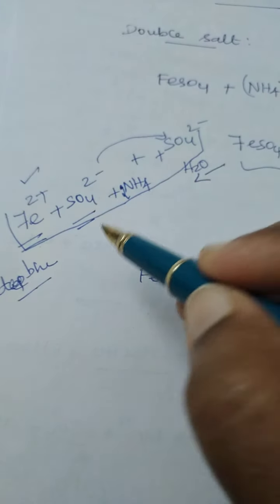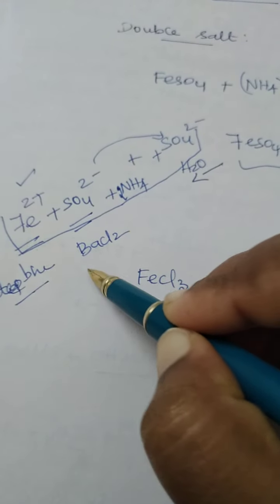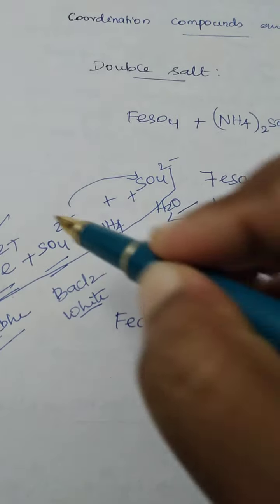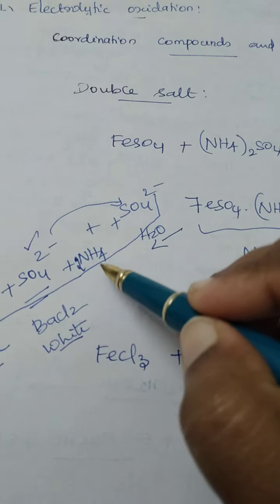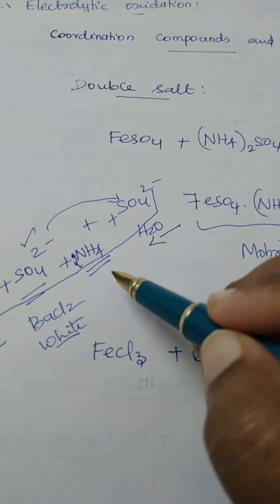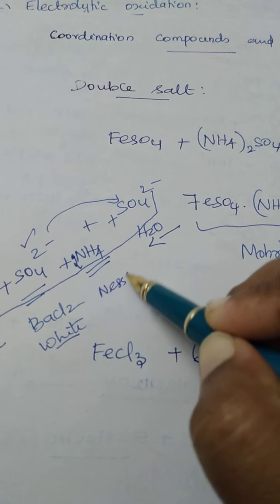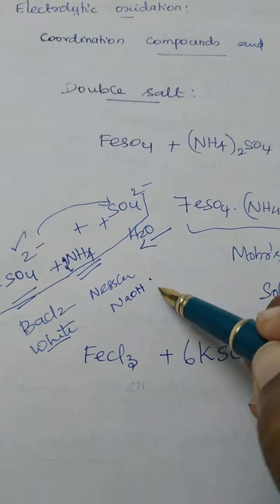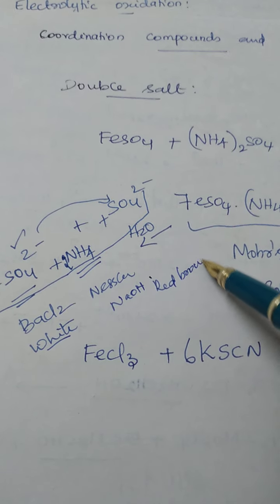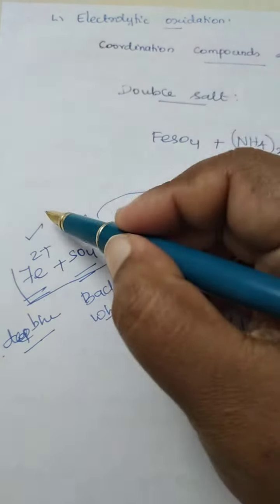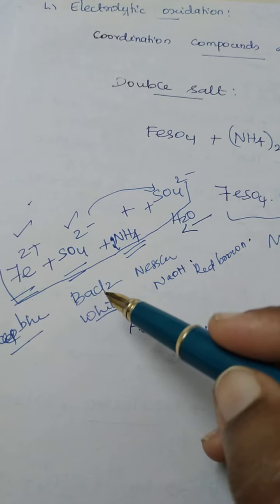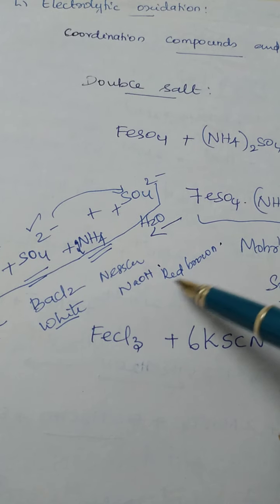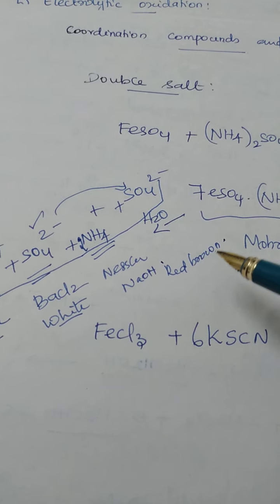Likewise, sulfate can be identified by the test with barium chloride. When you add barium chloride and dilute HCl, you will get a white precipitate, which proves there is a sulfate radical. Then the ammonium ion can be tested by adding Nessler's reagent as well as NaOH. All these you did in 11th standard practical. When you add it, you will get a reddish brown precipitate. So when they analyzed for iron, that is Fe2+, it is there, and sulfate answers the test. And even for ammonium, they found that the 3 different ions are present.